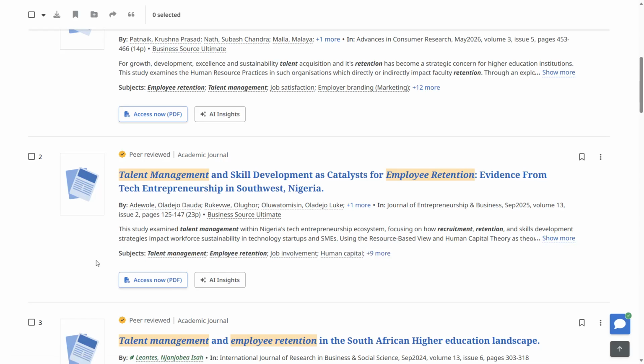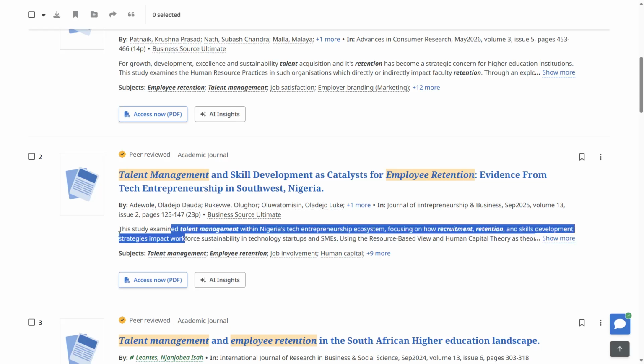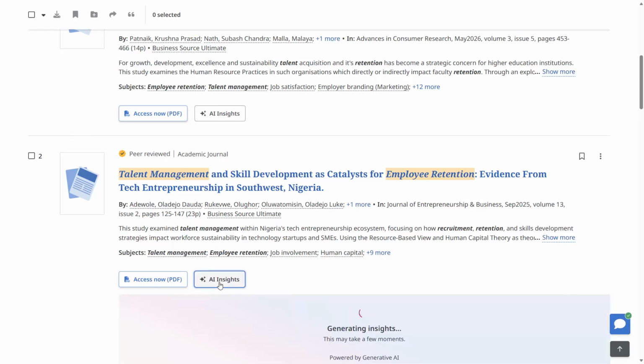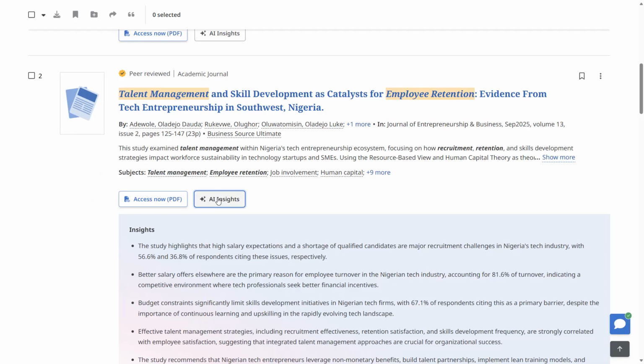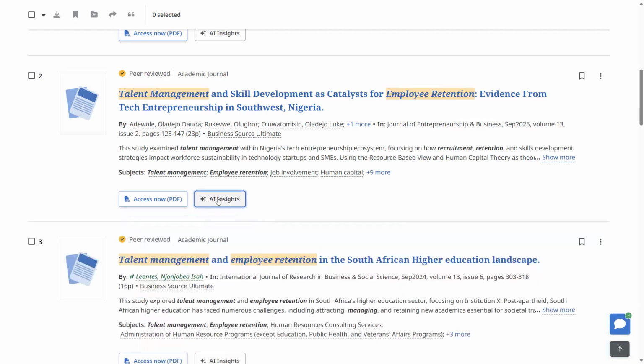Other ways to assess relevancy: you can read the summary here, but you can also use the AI Insights option. This is a really helpful AI summary, so you can assess whether the article is what you want. You may also see a button here that says Ask This Document, or an AI Ask tool. That will allow you to interact with the full text of the article using AI and ask questions, which is